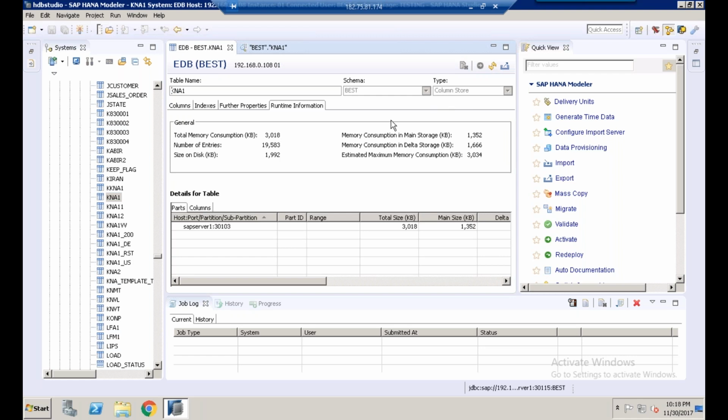Now, first of all, how did we get these tables into the new platform? Please see here, there's something called data provisioning. What does the data provisioning do?